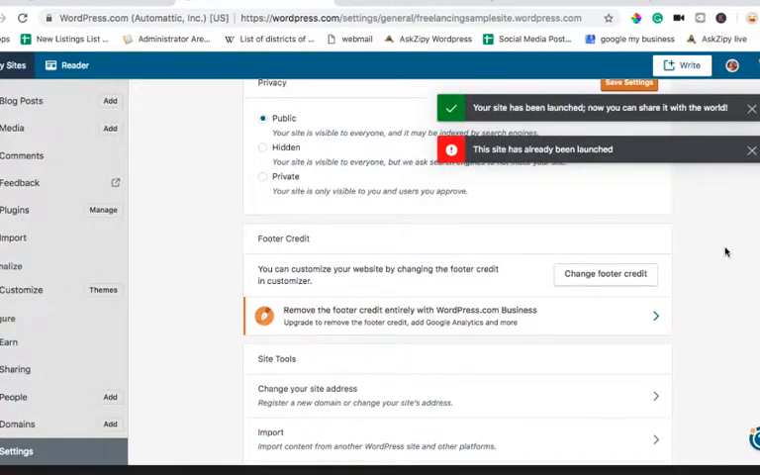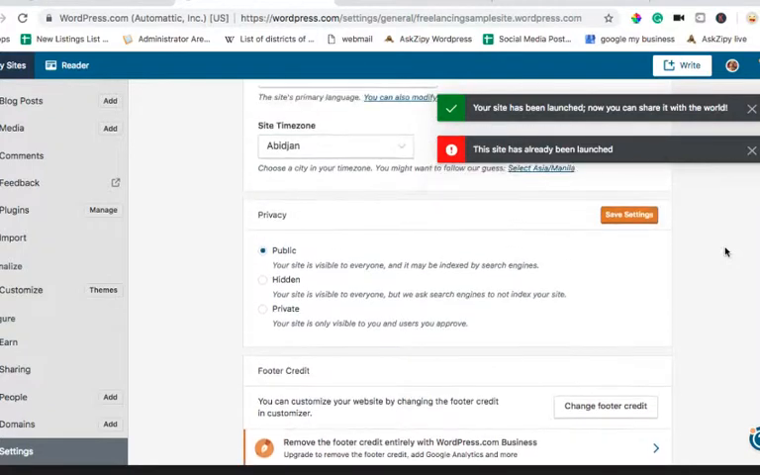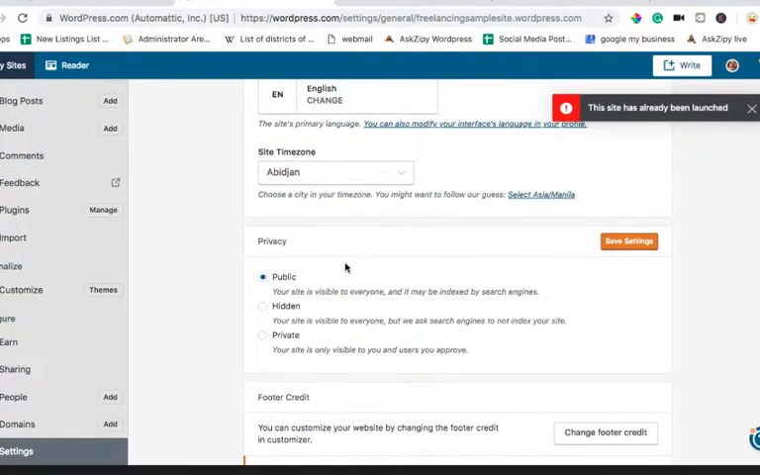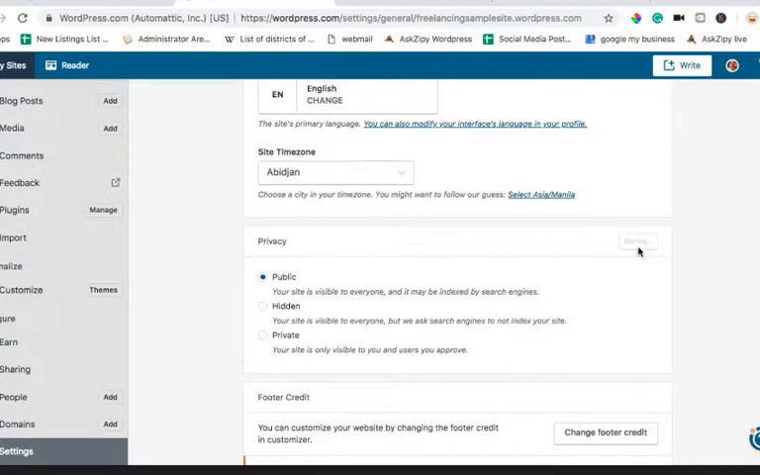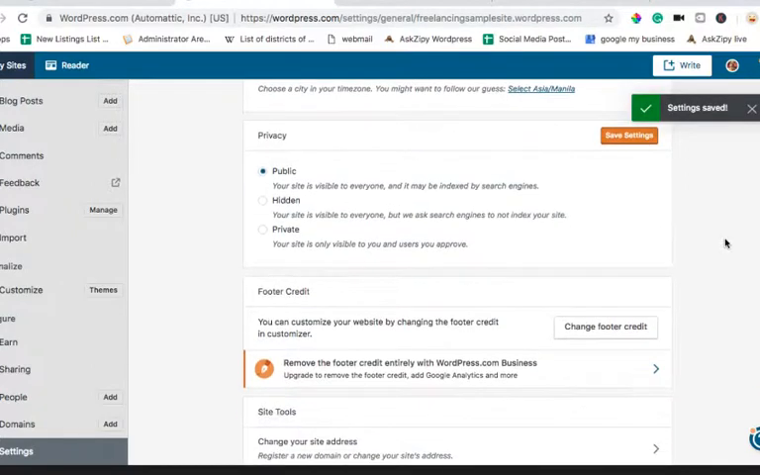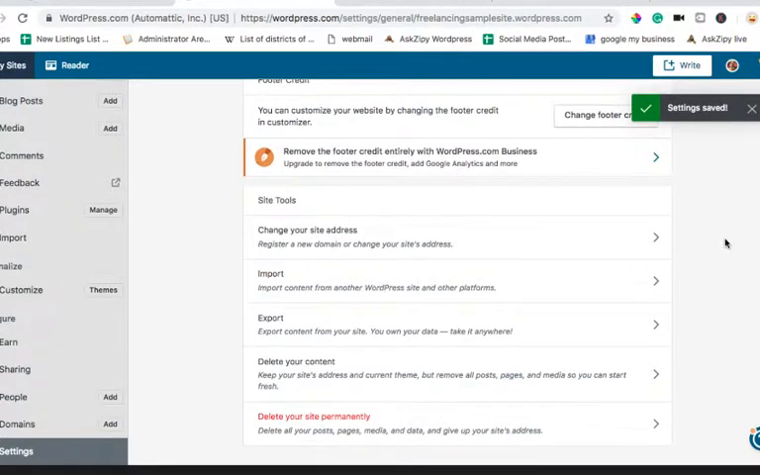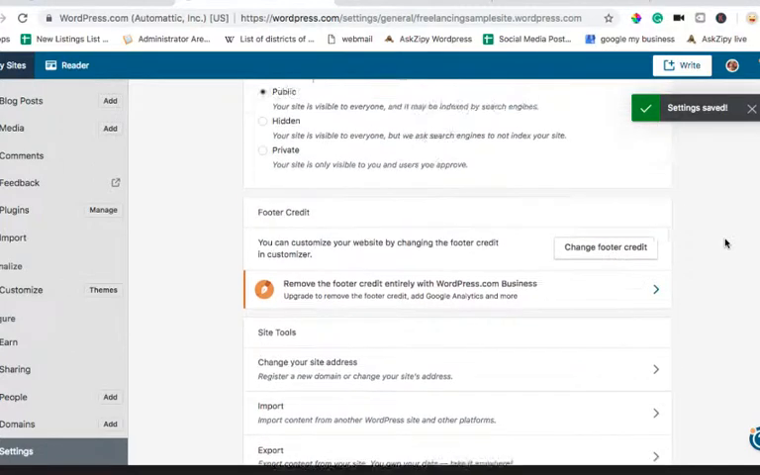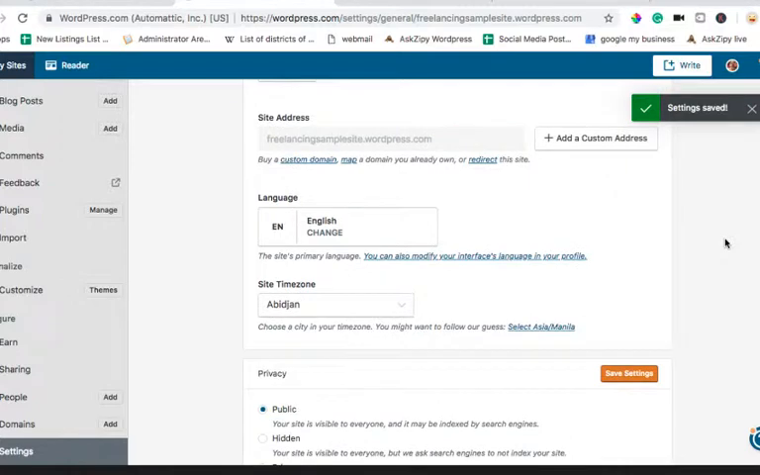There you go. So here you can adjust the privacy: public, hidden, private. So of course we want to make it public, and then yeah, that's it. So that's how you launch and